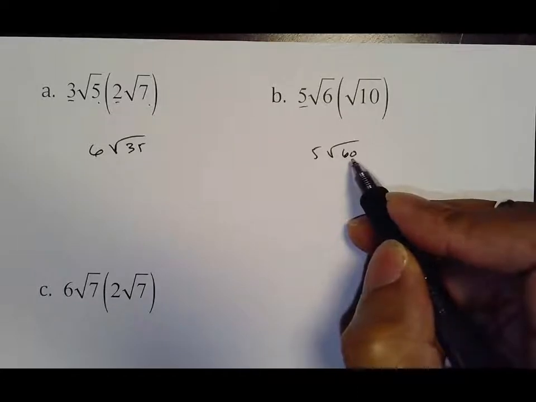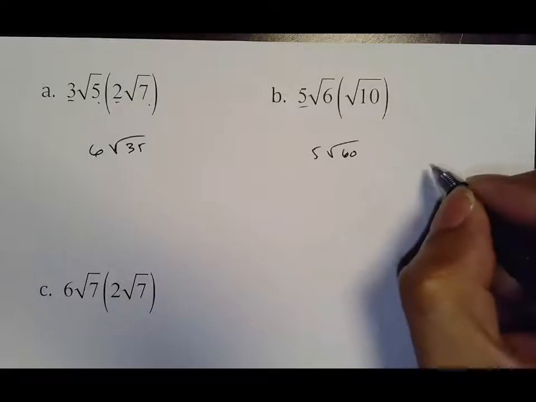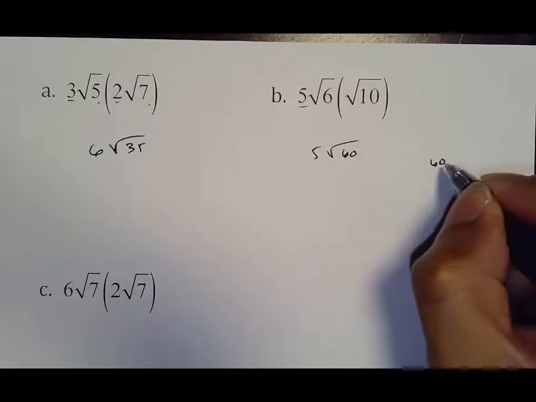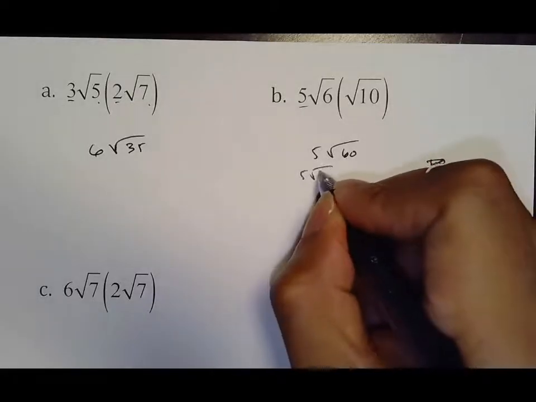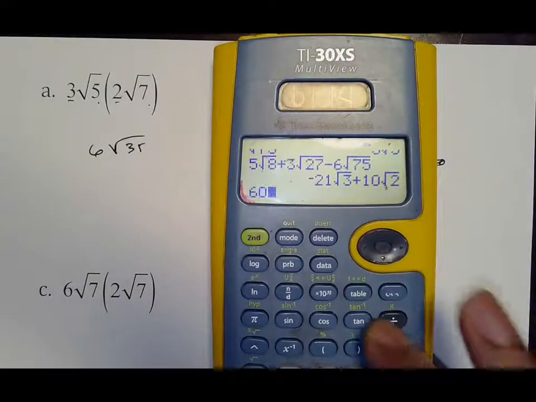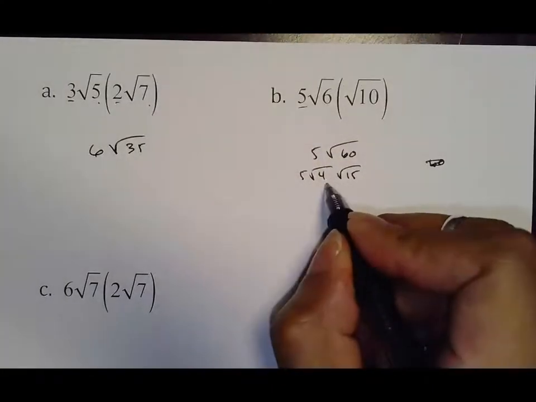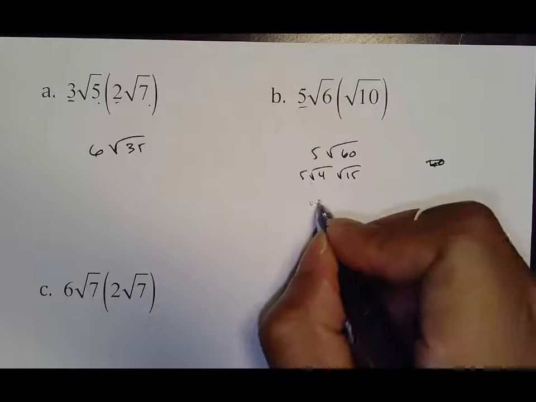I think it does, because when you look at a clock, that's 60 minutes, and they break it into 4 sections, each section being 15 minutes. So 60, actually we can do it here, 5 is broken into 4 times 15. Again, if you need to know, just use your calculator. 60 divided by 4 is 15, which means that turns into a 2 and multiplies by 5 to make 10